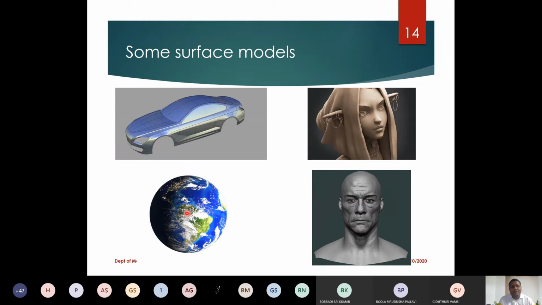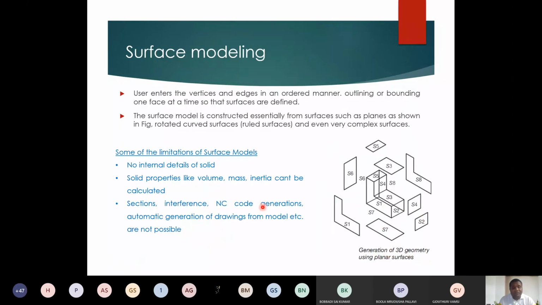Even if you look at our globe, our maps, if you look at Google Maps, if I keep on zooming, I can see each and every surface detail. Google Maps doesn't bother about what is inside Earth and what are all the internal parts of Earth. All these things are not required. My intention is only to understand how the outer surface of the entire globe looks. So people still use surface models, and there are many applications for surface models even now. But what are the limitations?